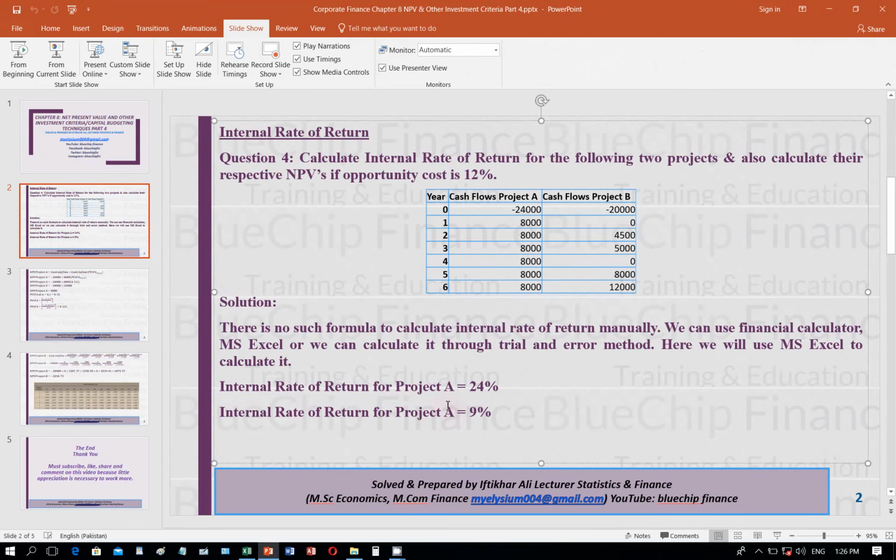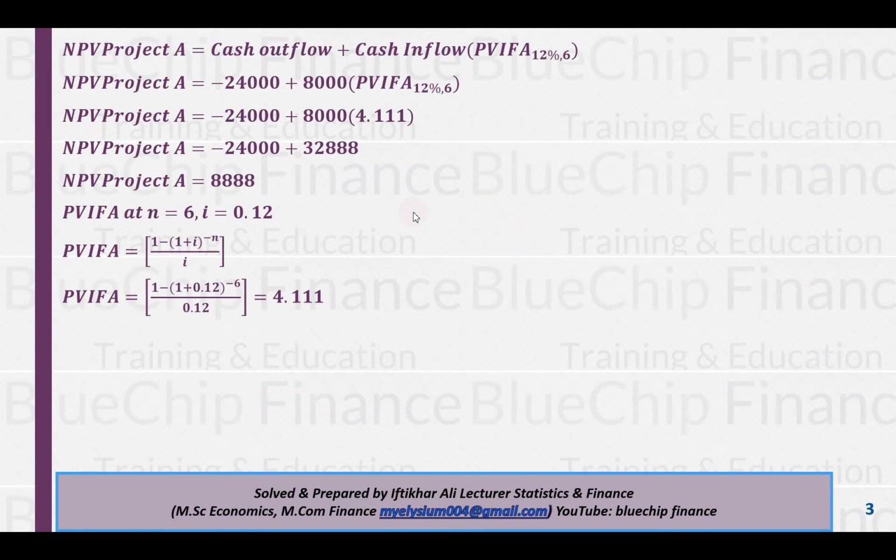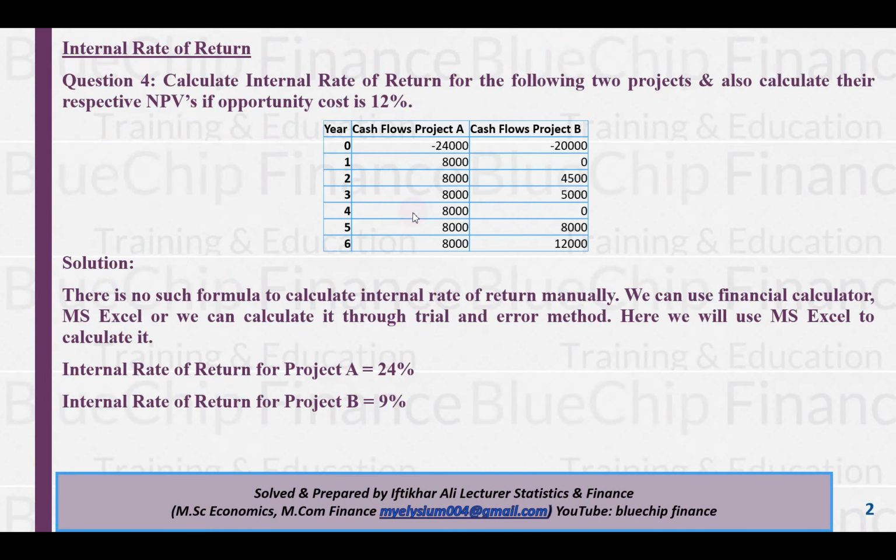So what is the meaning of this? It means that at a 24% interest rate your NPV for project A will be 0, and if you are trying to get some profitability, then your interest rate will be less than 24%. If your interest rate is greater than 24%, your project will become